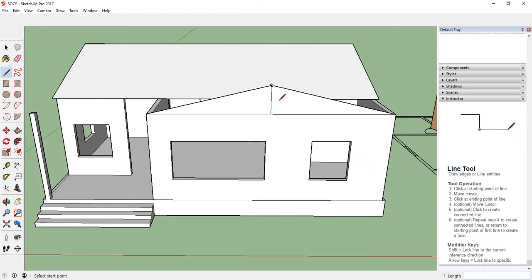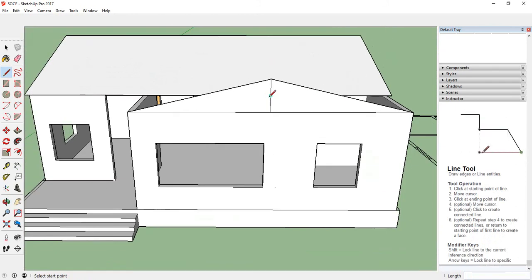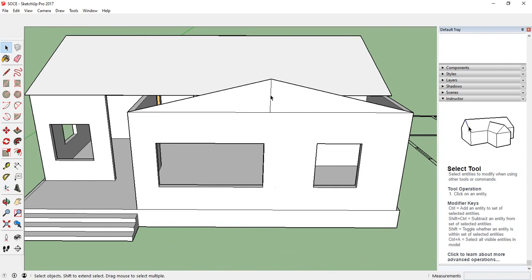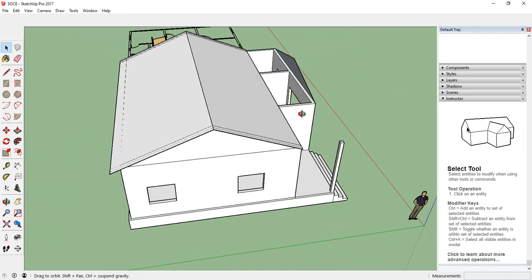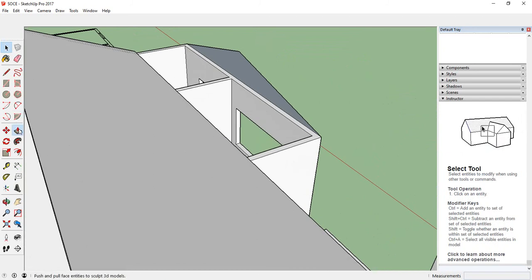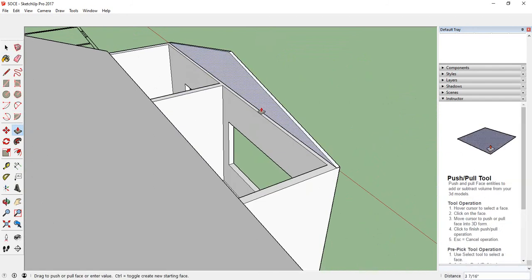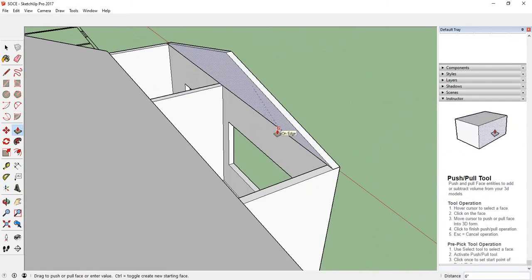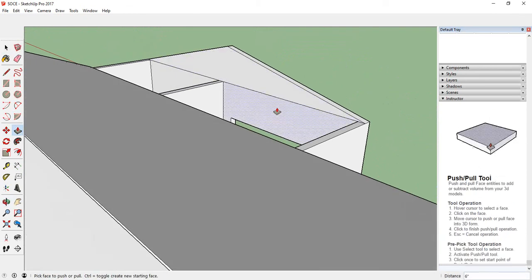Okay, when it's done, I will remove that middle line from here, delete, and I will move that side a little bit, what I require actually. Okay, it's done,